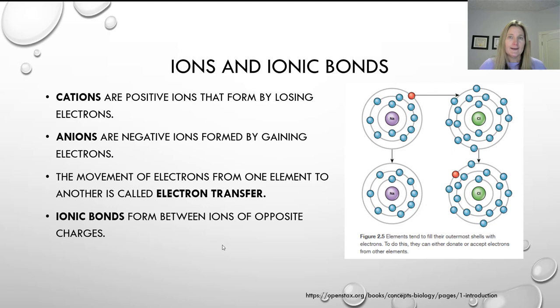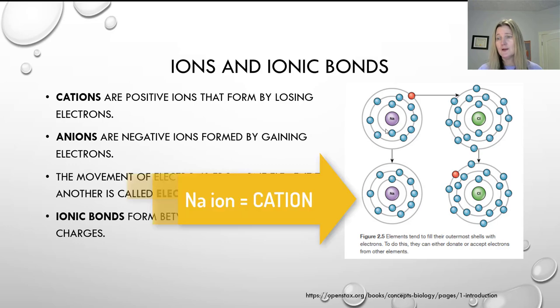So just going back and adding some more vocabulary. When we have a positive ion, meaning that we have more protons than electrons in that particular atom, we call those ions cations. And we already know how they're formed by losing electrons. So if they get rid of an electron, they end up with more protons than electrons, just like our sodium over here. So sodium, when it has lost its outermost electron, it becomes a cation,